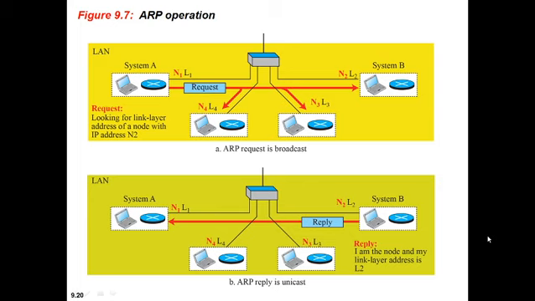As in the diagram you can see, system A, which has N1 IP address and L1 logical link address, will broadcast an ARP request packet. Each router and system B receives this packet. As system B is the intended recipient, which recognizes its IP address, it will reply with its logical link address. That packet is directly unicast to system A. Then they both will have point-to-point communication.